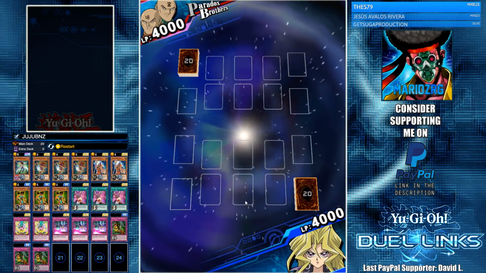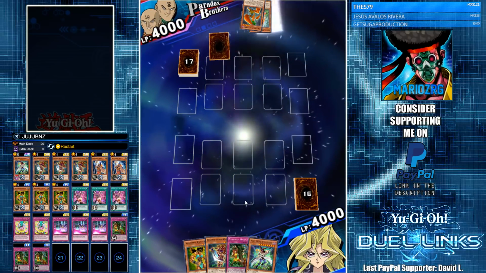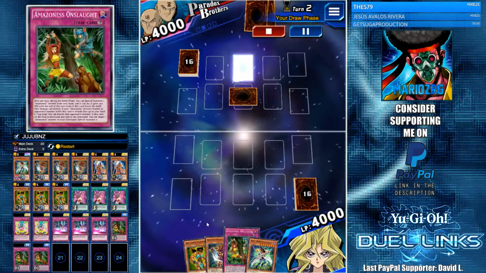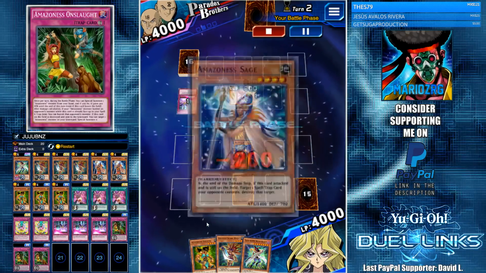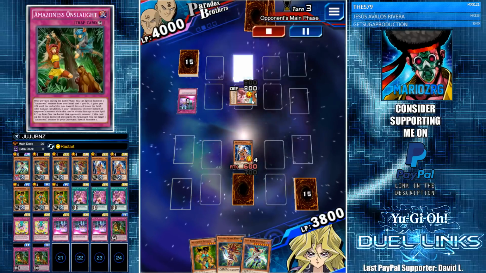Going second again, which, as I say, you don't really like going second because you want to be able to set your Amazoness Onslaught. So because I have that card in hand, I decided to keep my hand. We see the wall disruption, which is unfortunate. He used it because it was going to get destroyed anyway,